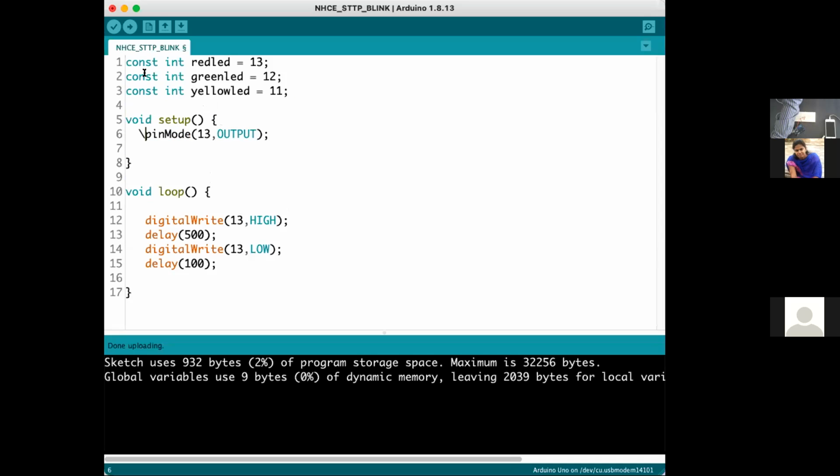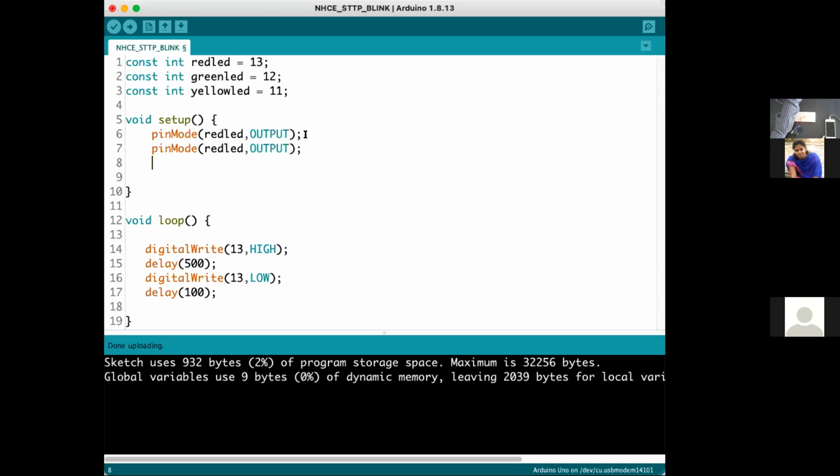Now pin number 13 I had made an output, but instead of 13 I am using red LED here. I want to connect 3 LEDs, so that's why we need 3 pinMode functions: green LED, yellow LED and red LED. So with 3 pinMode functions, the 3 LEDs now become outputs.